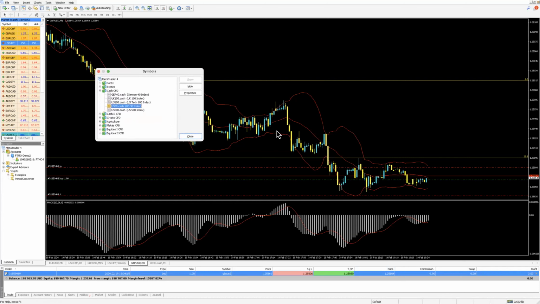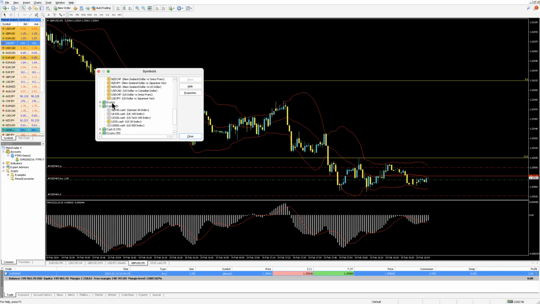Okay, so let me take this off. All right, so if we want to add all of these, I already have these added right now. All right, so we want to add Forex. You see how if I want it, I can double click and it turns gold, right? Or I can just click this and say hide or show, okay? So that's how I add all my Forex